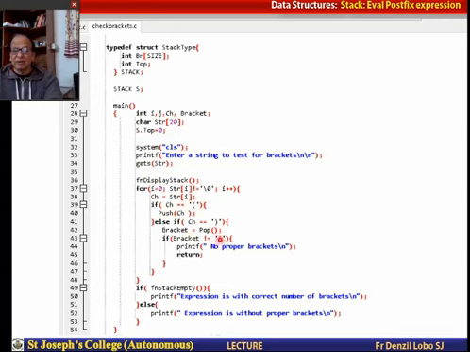Of course, if the bracket is not a left parenthesis, then it is an improper bracket, return. Or otherwise at the end there may be some bracket left on the stack, which shows that they are not properly aligned. Therefore you give the message: expression is either correct with the correct number of brackets, or it is improper.